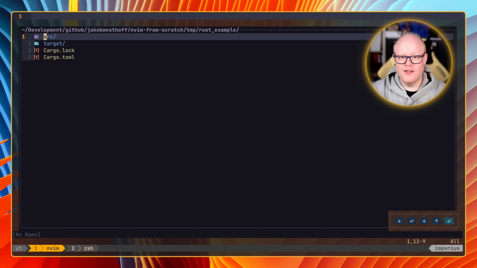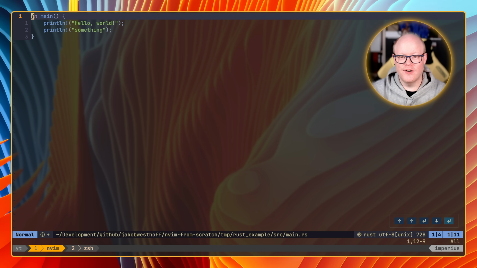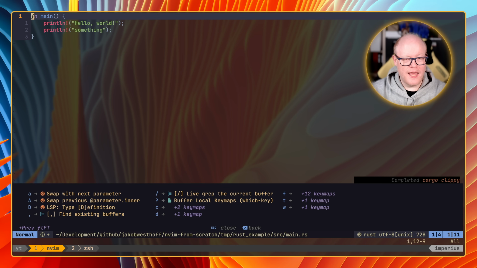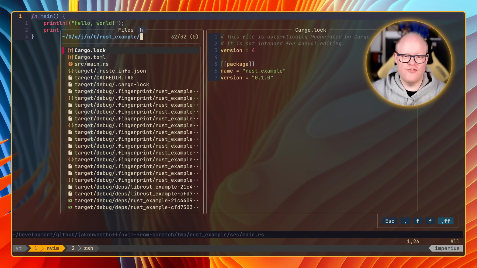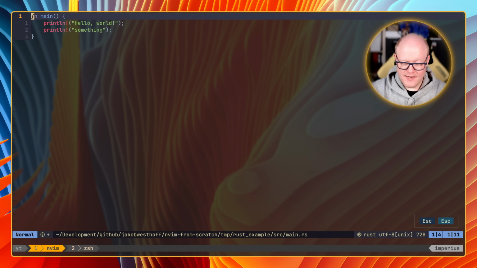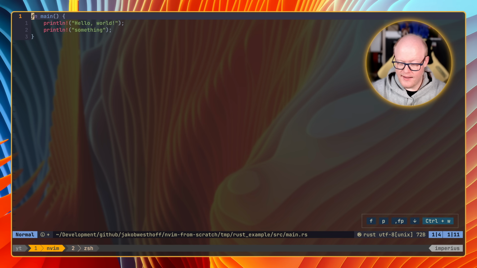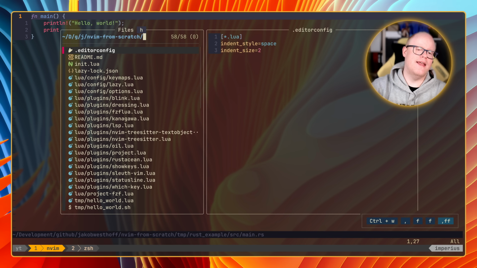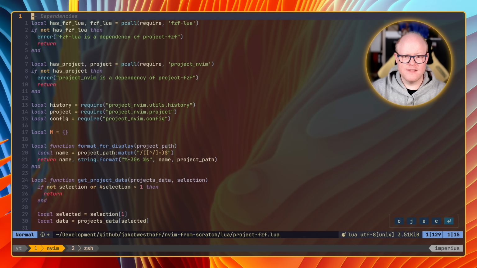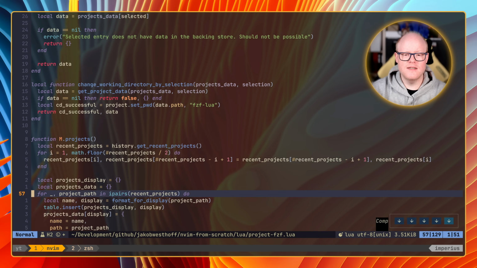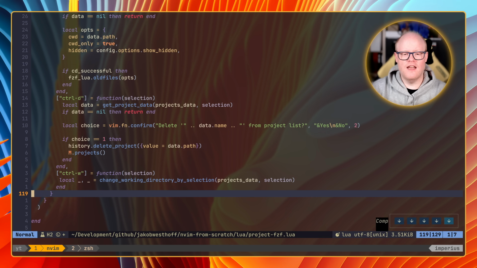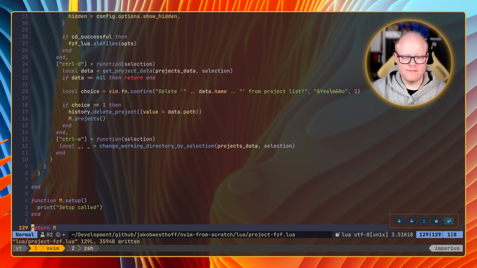So let me quickly go into our Rust example here again. So now we should actually have, if I do a file search, we are in the Rust example directory. Okay, and if I do now project selection and I select this one and I press Control W and I do a file selection again, we are in our Lua configuration directory. So yeah, nice. We did that. We implemented the fzf version of this